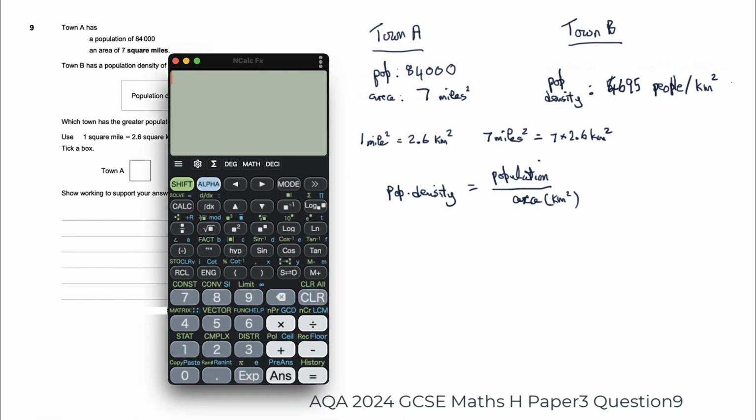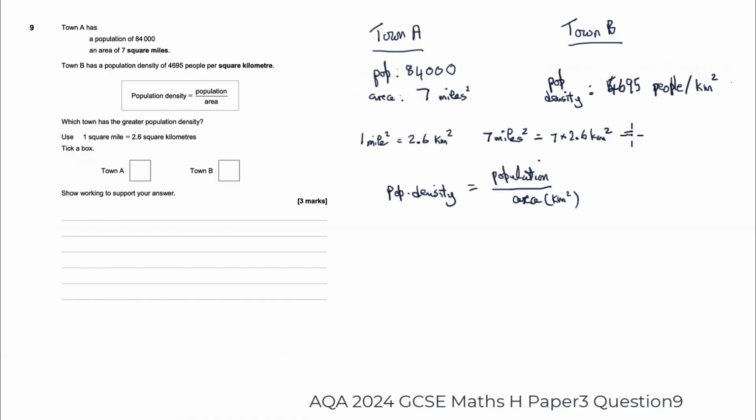So that's 7 times 2.6. And there we have 18.2. That's 18.2 square kilometres. So I think we're all set to work out the population density using this formula of town A,